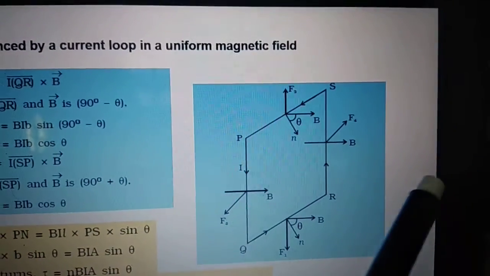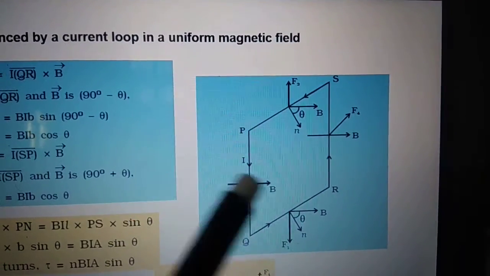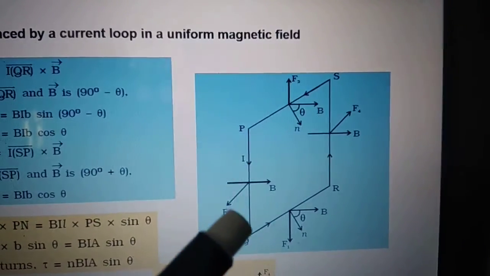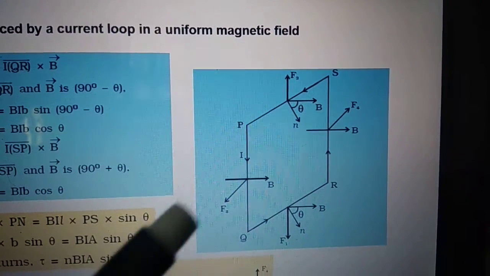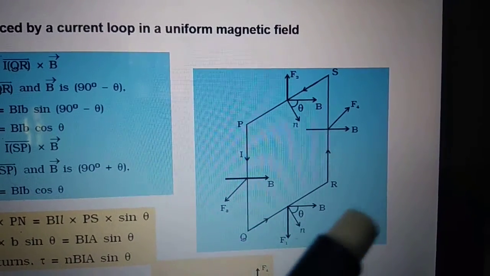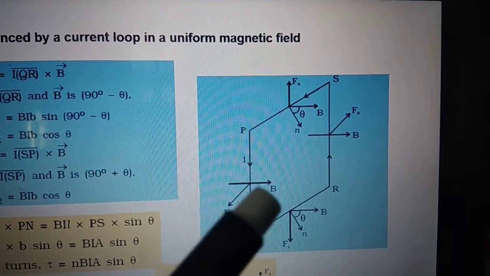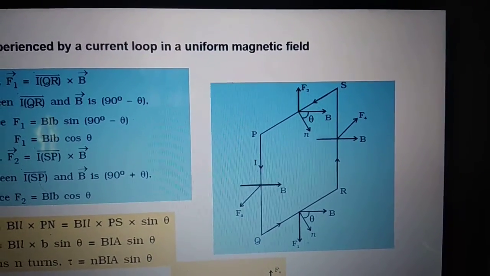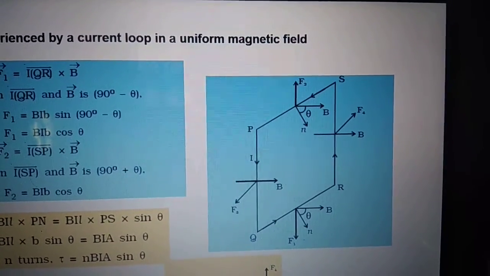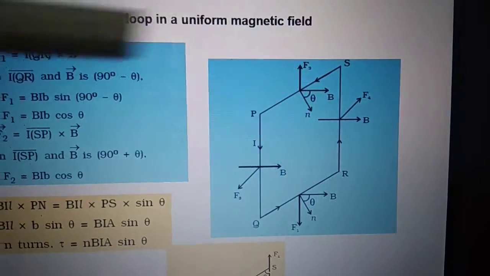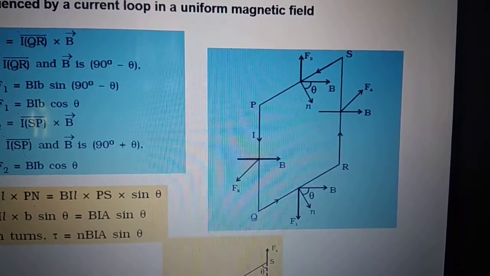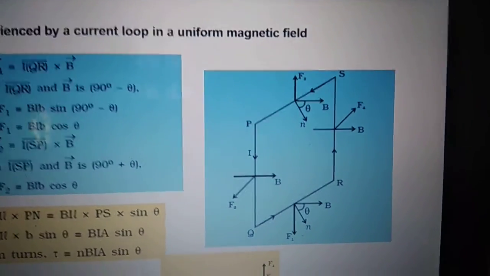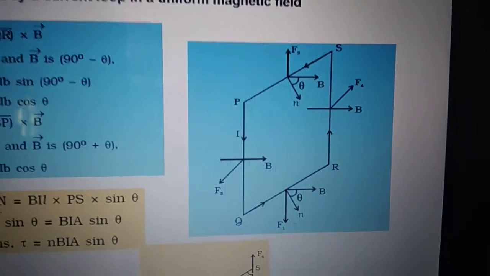Magnetic field direction is from left to right, as you can see with the arrow. Current in this arm is downwards. So using Fleming's left hand rule, the force will be inwards. In this case, magnetic field this side, current going inwards, so force will be downwards. But if you notice now, the force on each and every arm of this loop, the value of the force will be BIL only, that we already have established, that the force experienced by current carrying element in the magnetic field will be BIL, right?